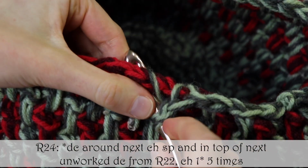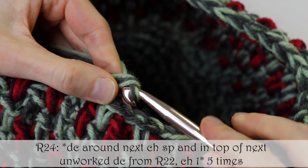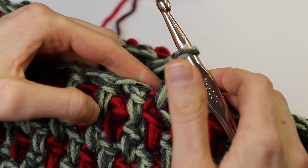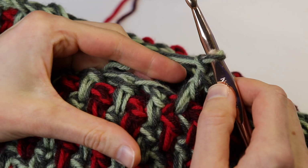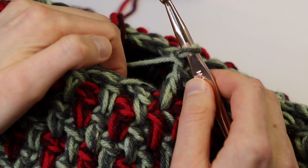So I'm going to do a double crochet, chain 1, and repeat it in the last 5 stitches of this round, and then I will show you round 25. Round 25, we're still working in color A, but at the end of this, we will swap back over to color B. Once more, round 25 is going to start very similar to what we've been doing,